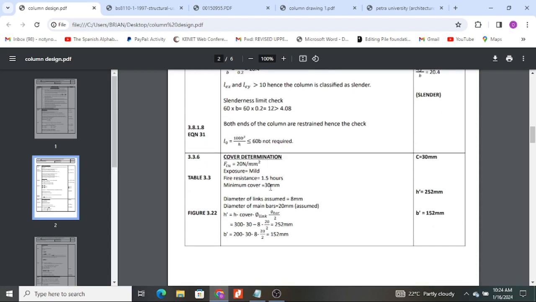From there, you determine the cover of your column. For the cover, you need your FCU, class of concrete, exposure conditions, and fire resistance. And from table 3.3, you will determine your cover. We talked about these when we were looking at the column design criteria, and we said cover can be between 20 millimeters to 50 millimeters depending on your exposure condition. Sometimes it can even get to 70 or 100. So in this case, when you look at table 3.3,